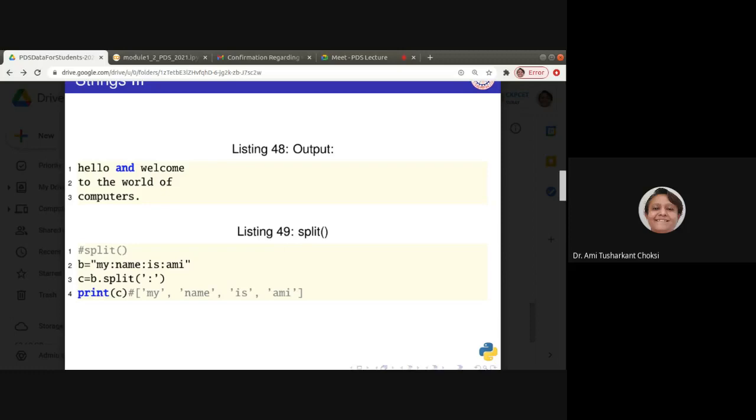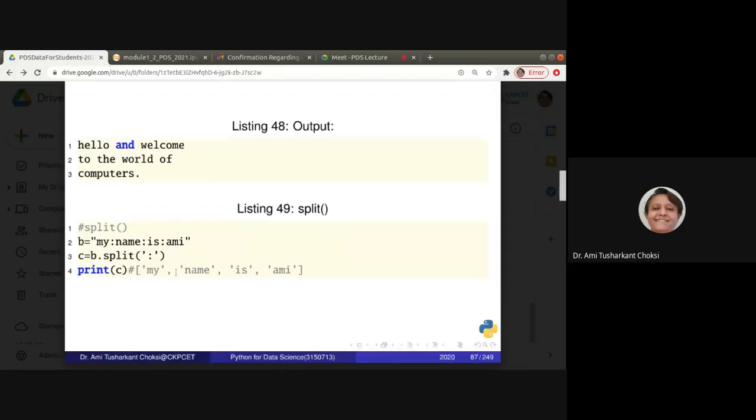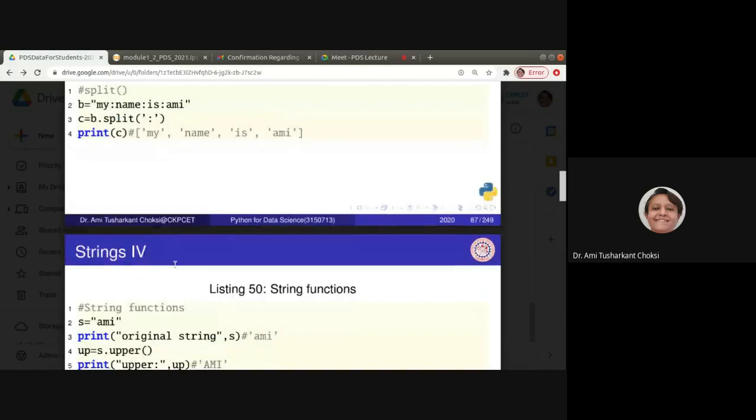So such files, or if we have comma separated values which you are using as your data set, these also can be separated using the particular separator. Here we have used the colon. If it is comma separated values, we can split it with the comma. So the output we have seen for the example, but let us run that and check it out.